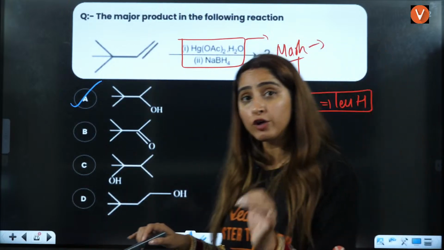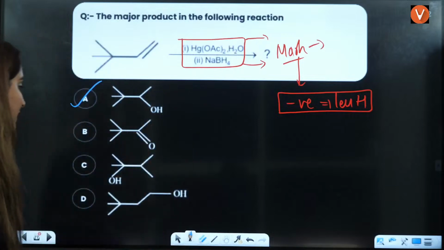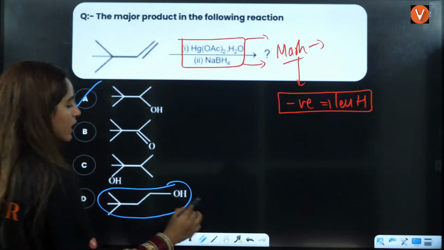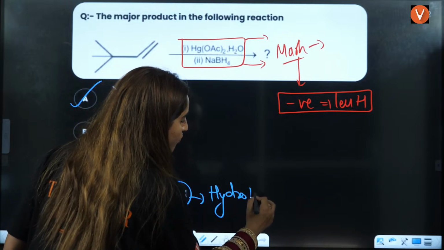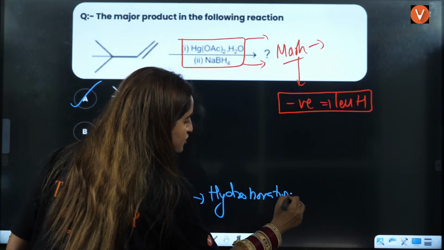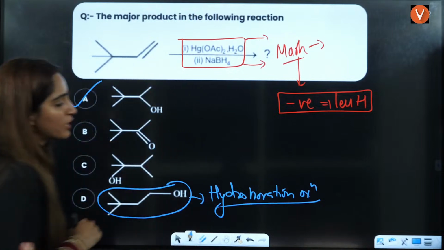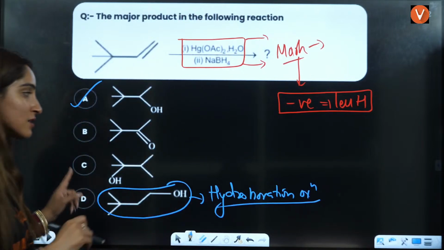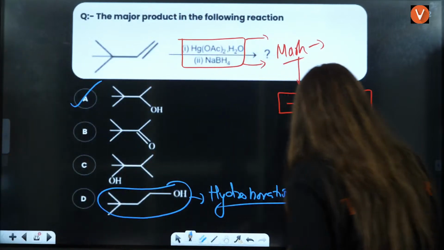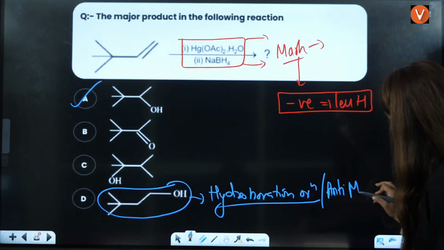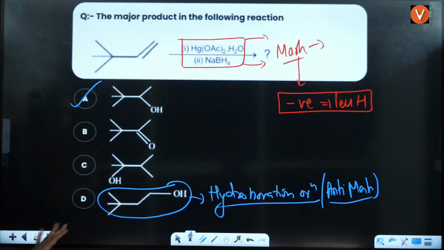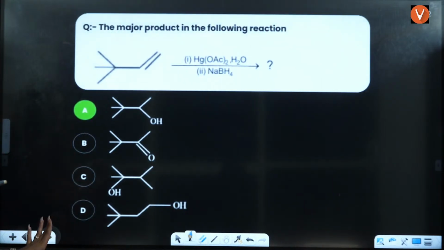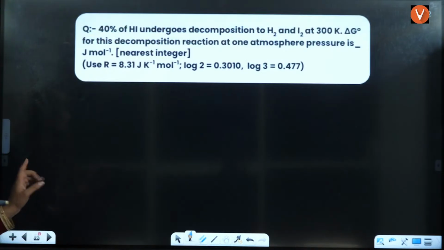If you have hydroboration oxidation, then this would be the correct answer. Hydroboration oxidation follows anti-Markovnikov addition. So you have to see which addition they are asking you to do. Right, next is